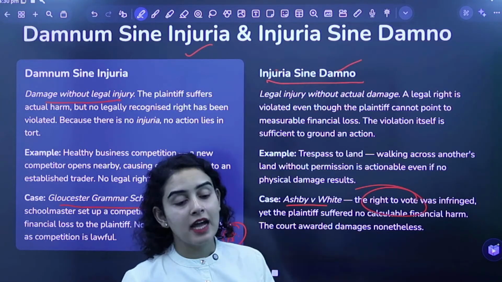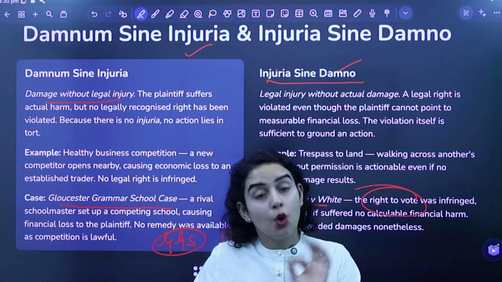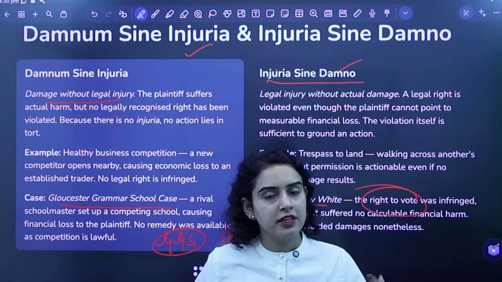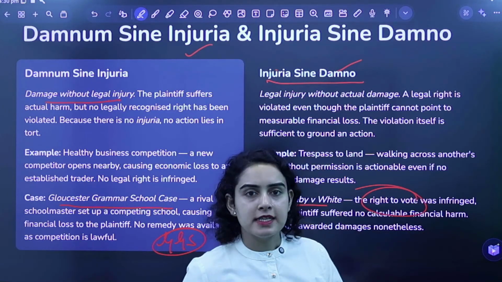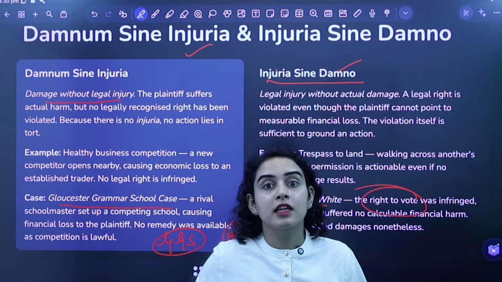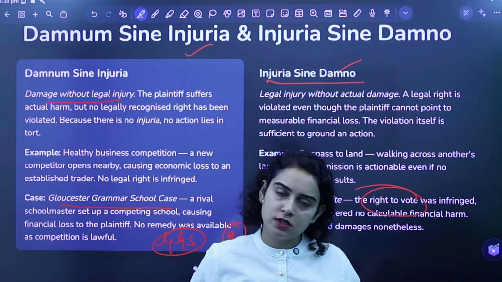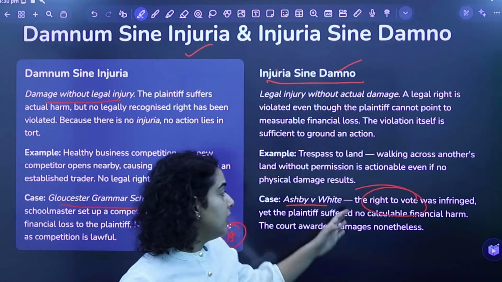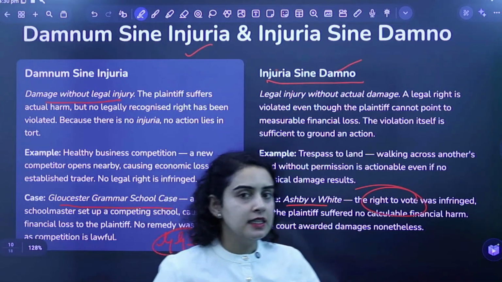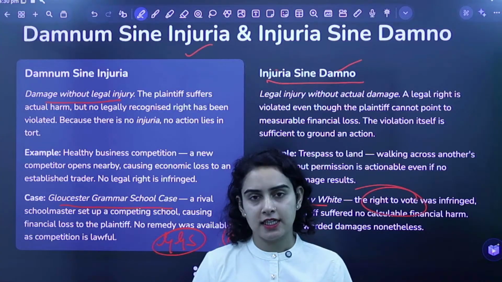But in reality, exactly हुआ क्या था? Even when Ashby could not cast his vote, the candidate he really wanted to give his vote to won the election anyway, right? तो ऐसा नहीं है कि Ashby के वोट ना डालने की वजह से कुछ नुकसान हो गया. जिस कैंडिडेट को उसने वोट डालना था वो तो भी जीत ही गया. तो अब इसमें White ने कहा कि ठीक है, I get it that he probably was stopped from casting his vote, but there is no legal injury that has happened.